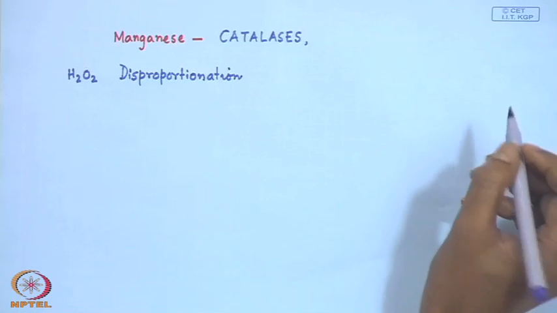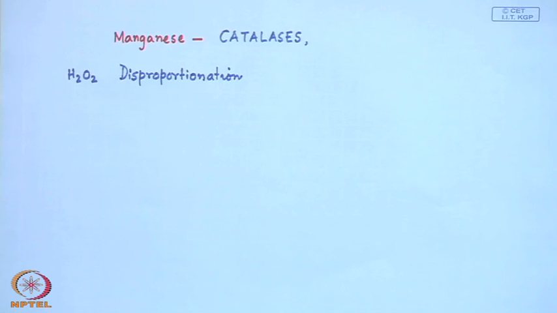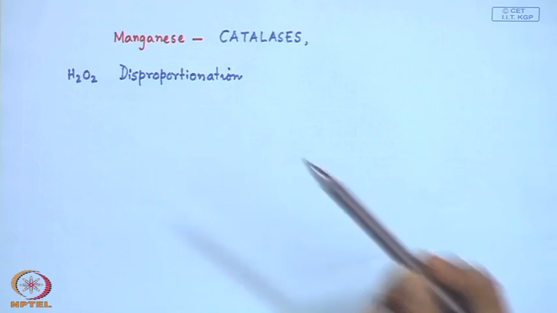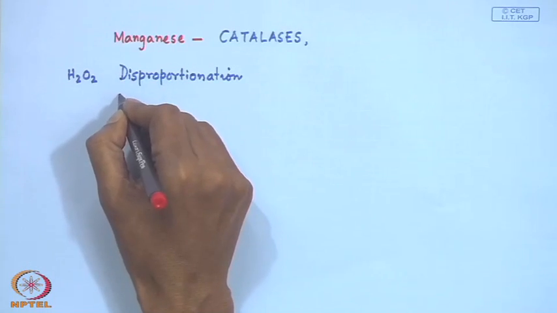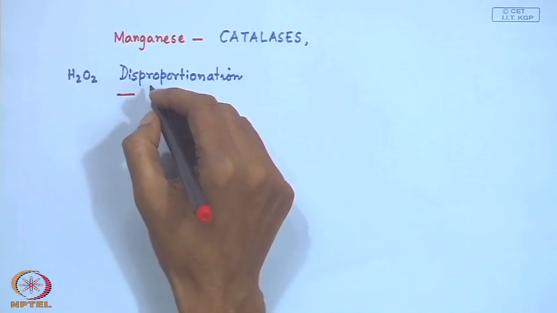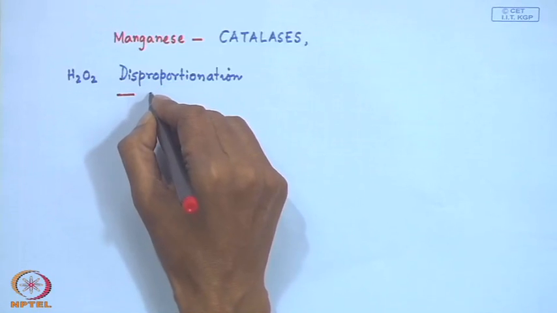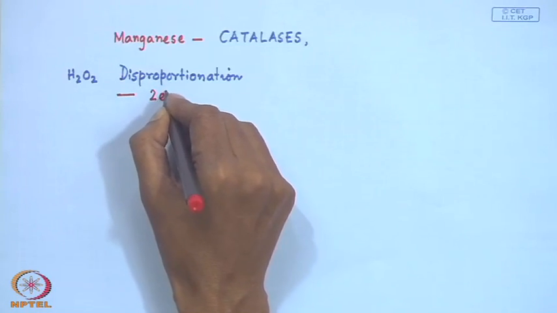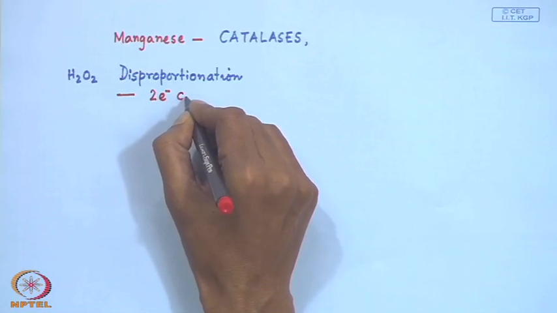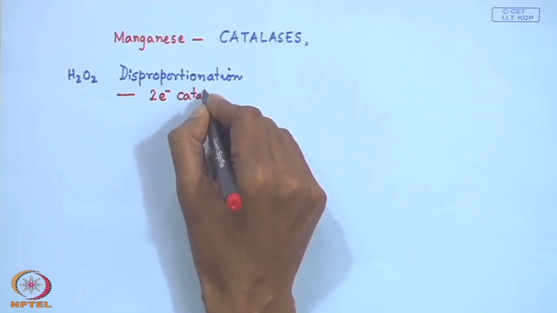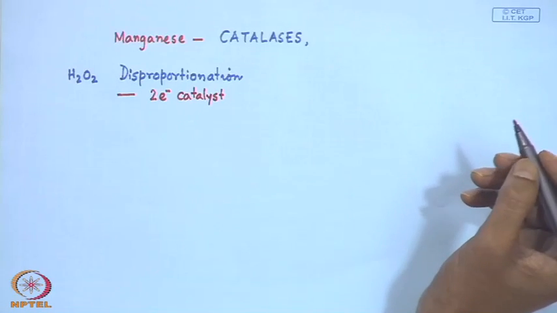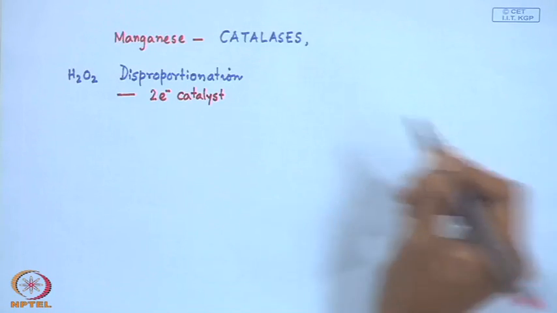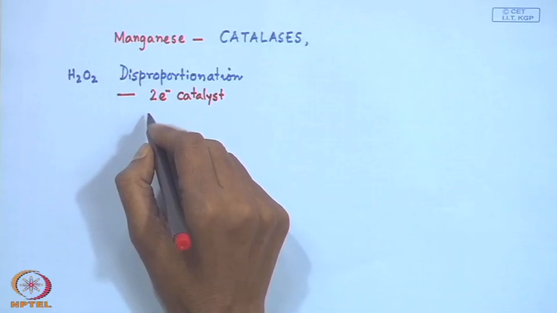Because it is thermodynamically favorable. So, if we have a reaction that is thermodynamically favorable and we want to change the rate of the reaction, what does a rapid reaction require? We require a 2 electron catalyst. So, once we know that for a disproportionation reaction we need a 2 electron catalyst,